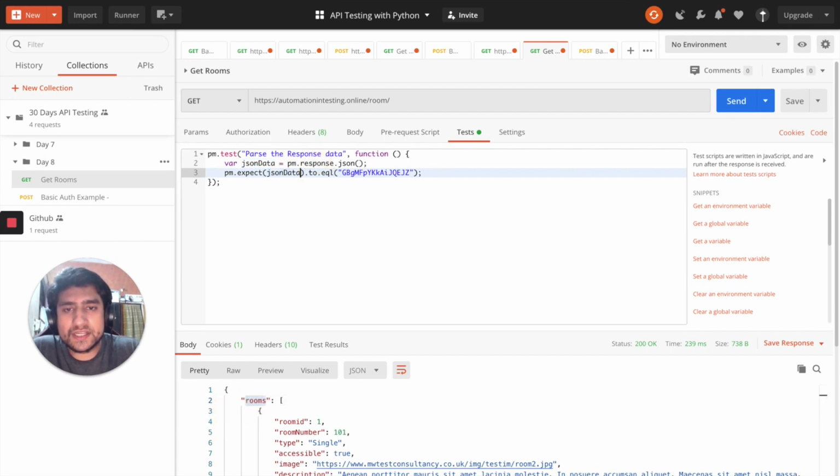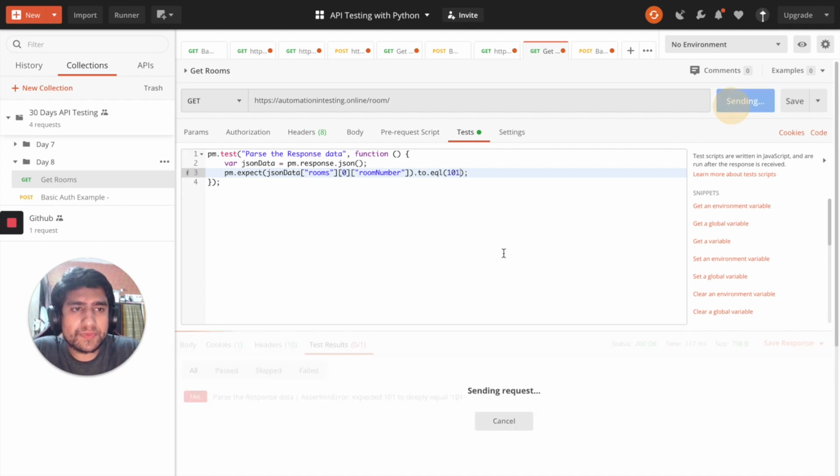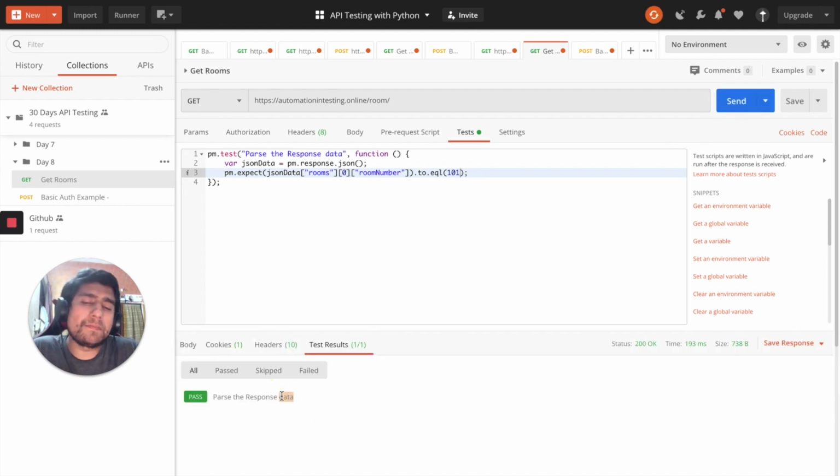After that, you can use square brackets; rooms have a zeroth element since it's an array. And after that, we have room number, and room number should be 101. If I do send, it is failing because it's not deeply equal, because this is not a string, it is this. So it is now passing.